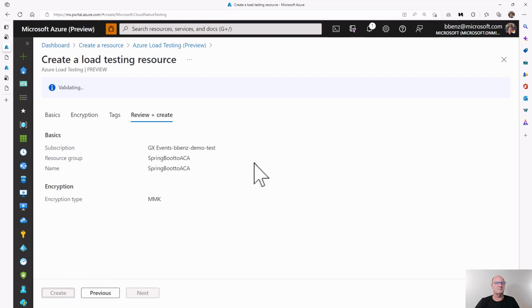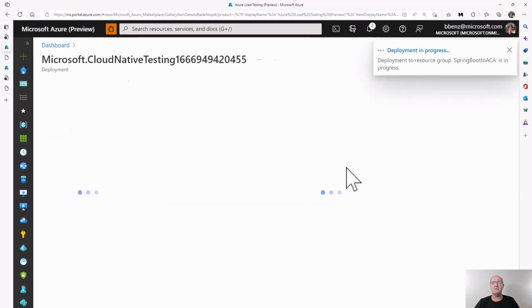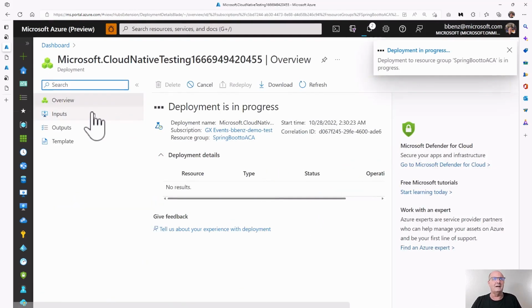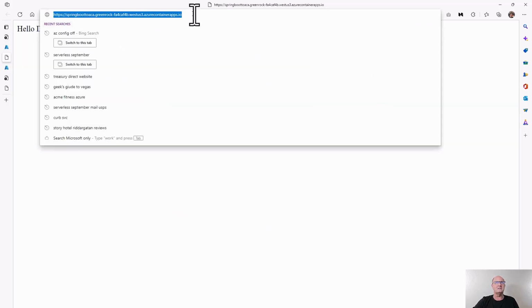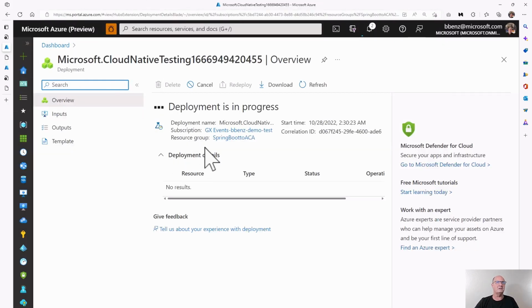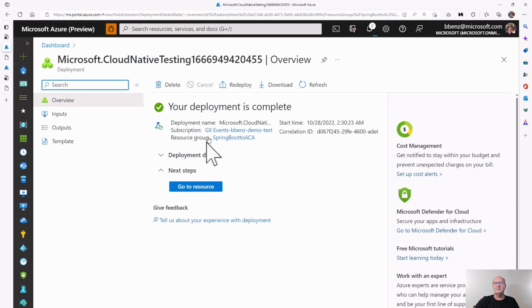Just a really basic one. Going to create it. What we're going to be able to do with this, it's based on JMeter, which is pretty cool. We can take our ingress point, which is this point here, hello Docker world. We can go back over here. It's still in progress. Okay, looks like it's getting there though. Yay, there we go.